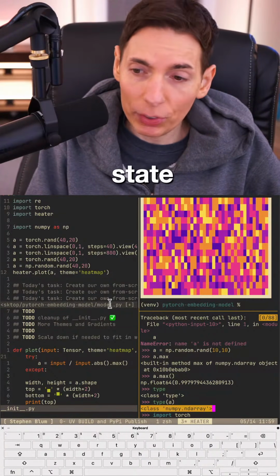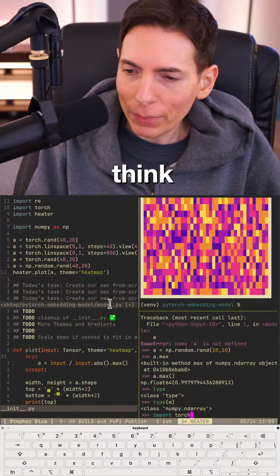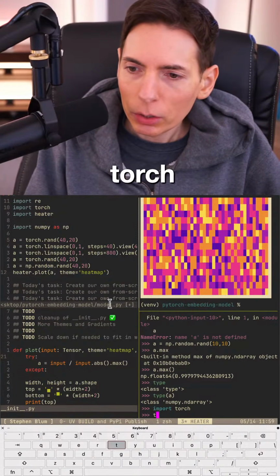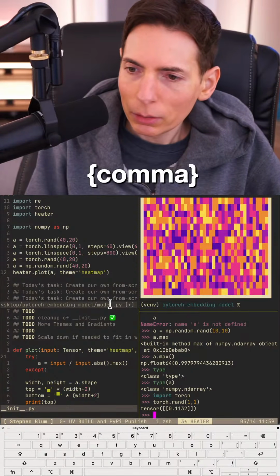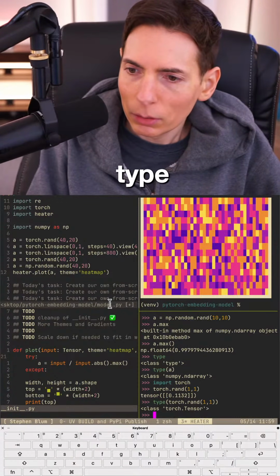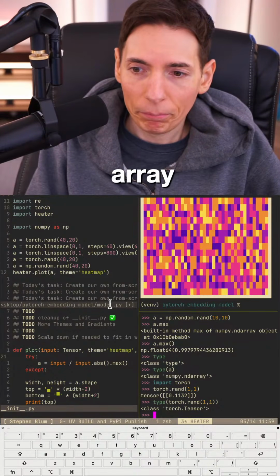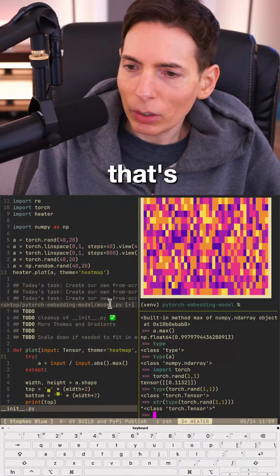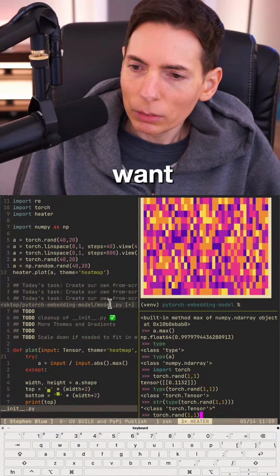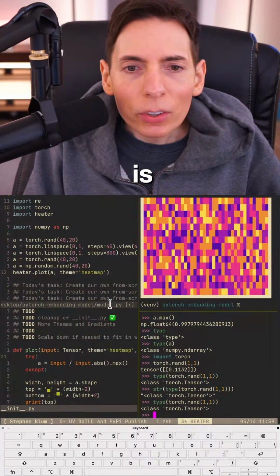So we can do a simple if statement. That might be the easiest. I think that might be a good option. Import torch, torch.rand, type torch.tensor or numpy.ndarray. So can we do this? str? Oh, that's not what I want. Is this an